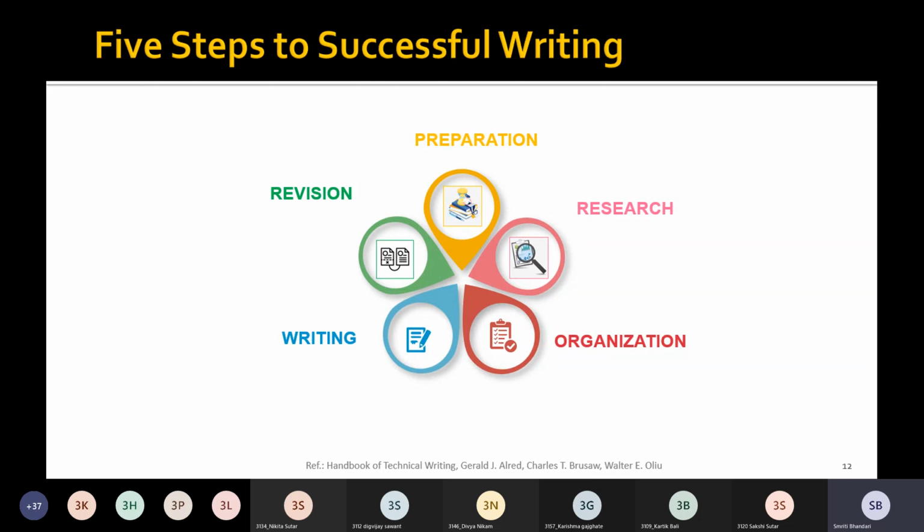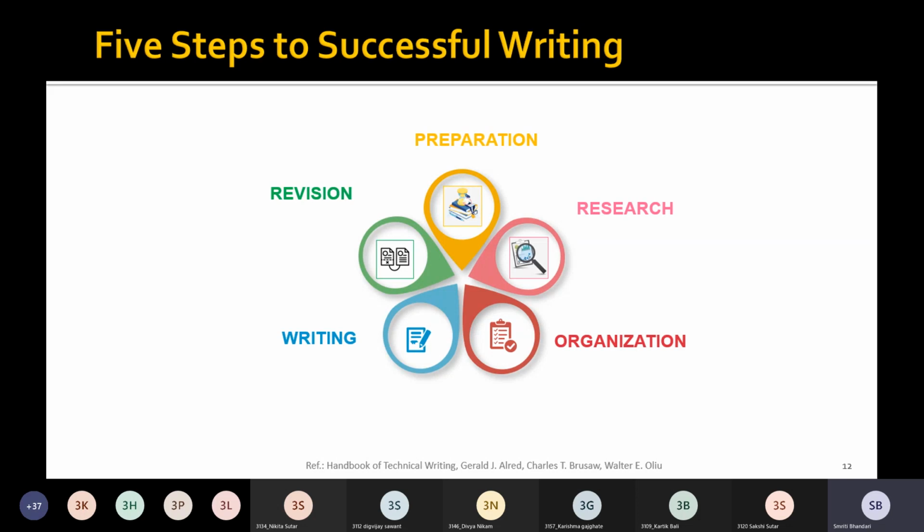In fact, successful writing is the result of knowing how to structure the information using both text as well as design to achieve an intended purpose for a clearly defined audience. I would like to emphasize these two: intended purpose and clearly defined audience.